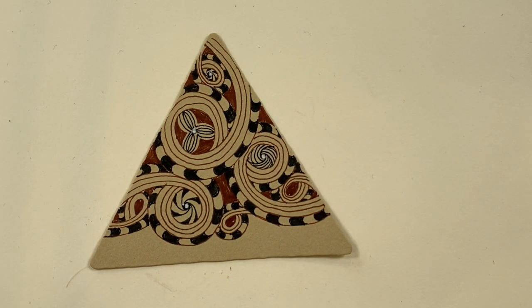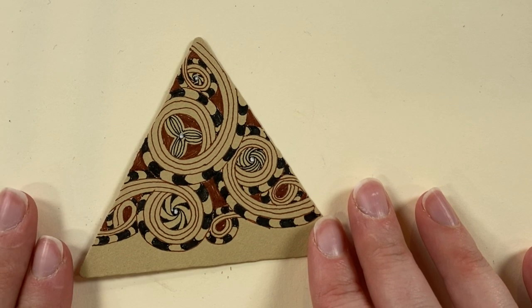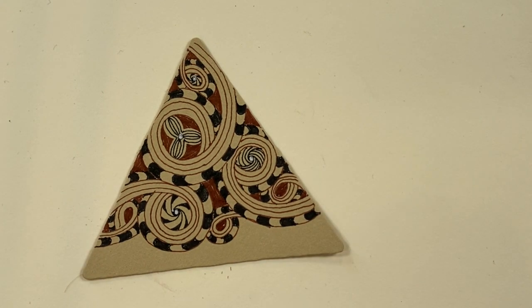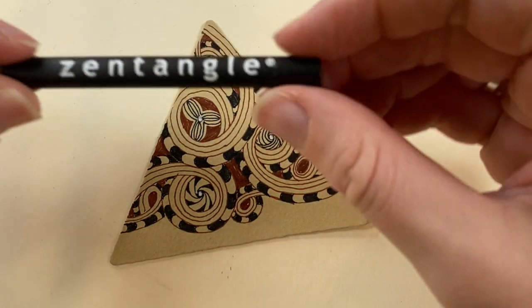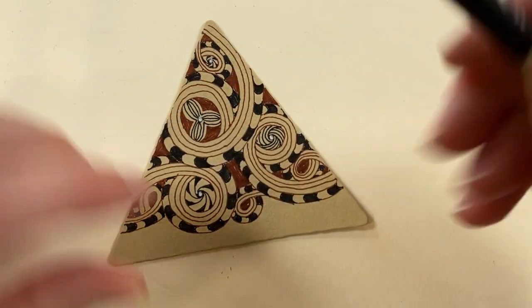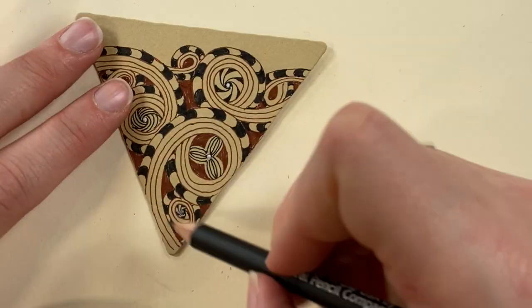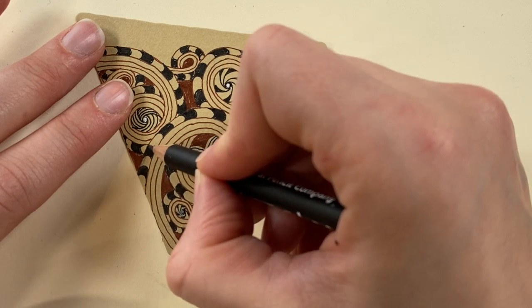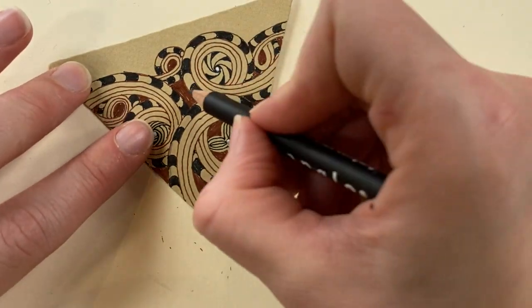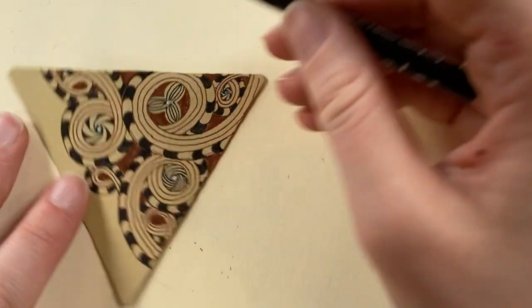You can put your jelly roll to the side. So now we're going to start shading. And like I keep saying, we're working in layers. And I always like to start with just a little bit of shading because you can always add to it. I'm going to begin with my graphite pencil. And I'm going to go back to my swirl. And I'm going to add just a little bit of graphite